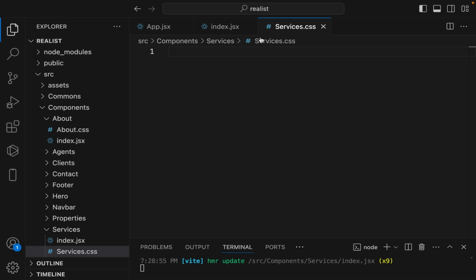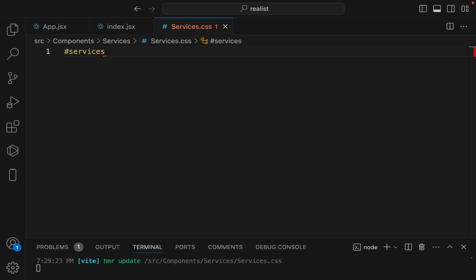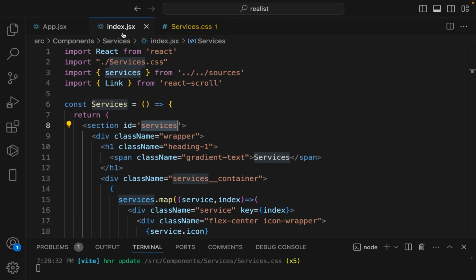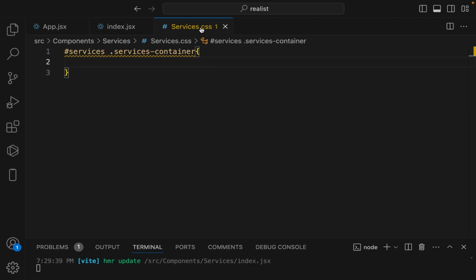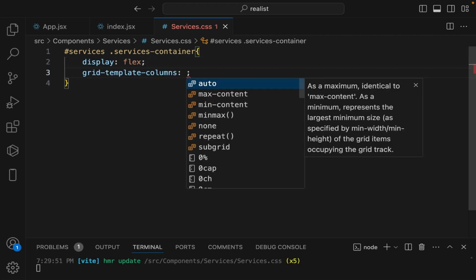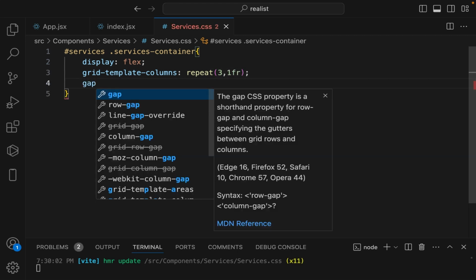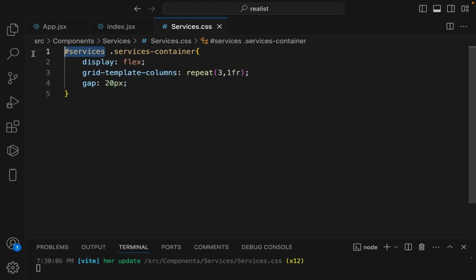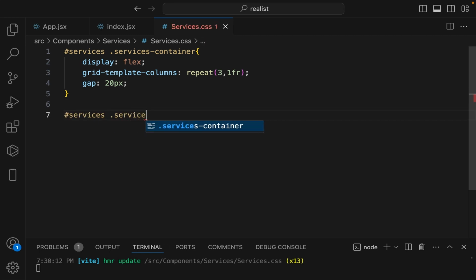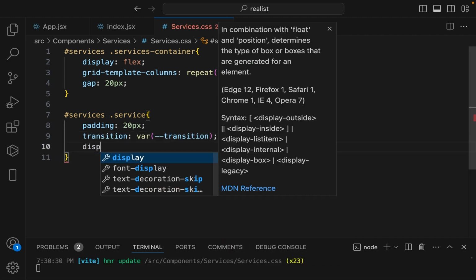Now let's go ahead and write some CSS code. Let's open services.css and let's select services and select service container. Let's make sure everything is fine. You see this class name is not correct, so change it. So let's display it grid. Now let's use the grid template columns. Let's repeat 3, 1fr, gap 20 pixel. And let's select the service. Give it a padding of 20 pixel, transition of transition,